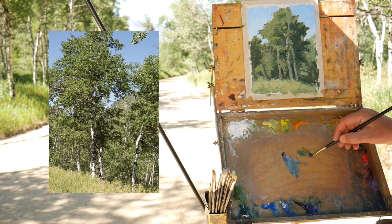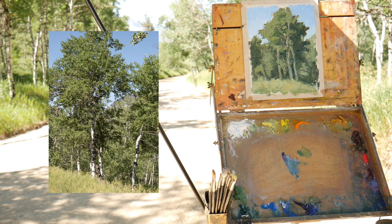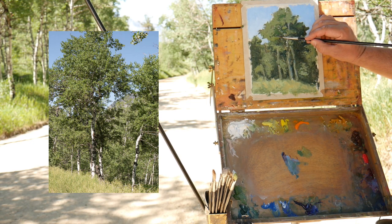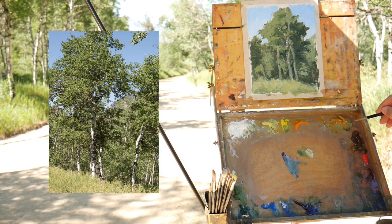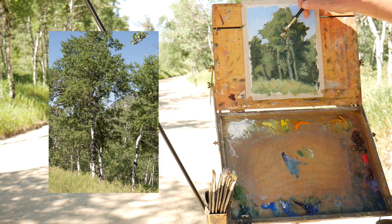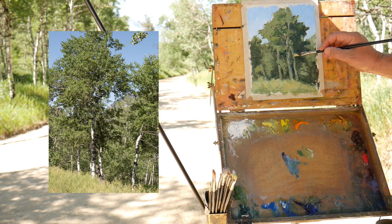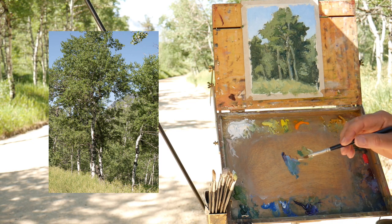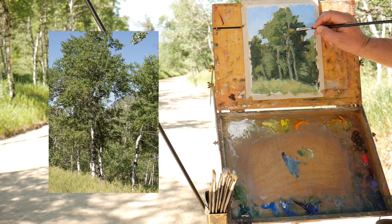And an interesting thing I've noticed, and this is why painting from life is so awesome, is that as the branches move up, you have this one branch that kind of crosses over like this, and the shadow side of that branch, it's barely noticeable, but it's actually very warm because it's picking up the warm light bouncing off the grasses below. And so it'll almost be like a warm shadow highlight, if you will. I'm just going to put a note of it there. Now obviously, because I'm painting so small, it's not going to stick out a whole lot, but when I get back home, and even if I decide to do this, you know, like a year or two from now, just having that little note of color in there is going to remind me of that, because I can